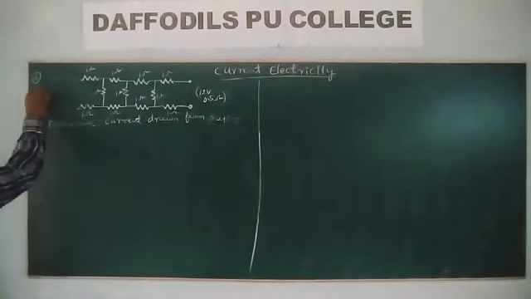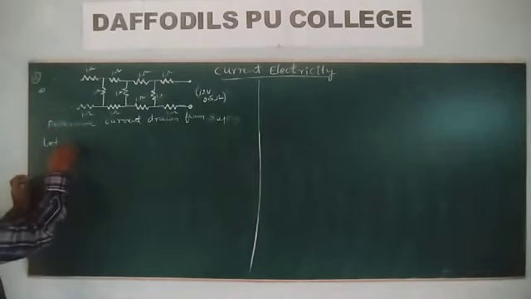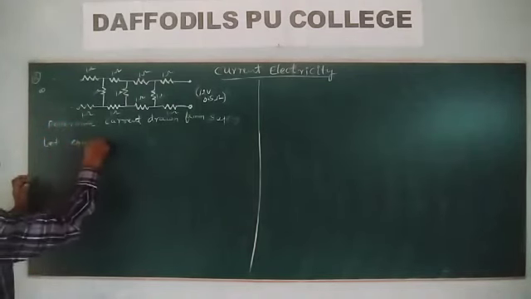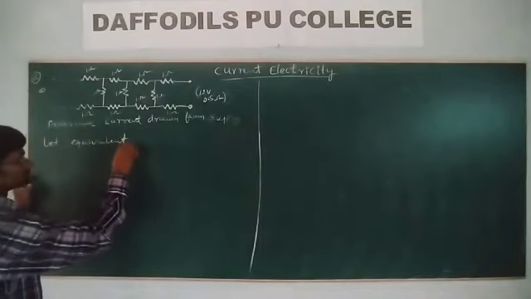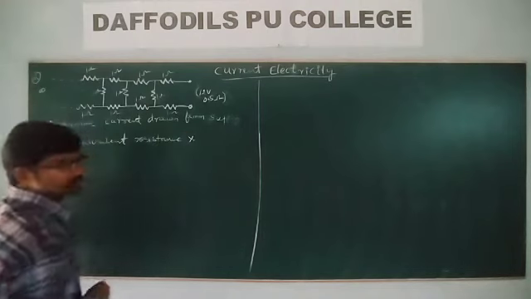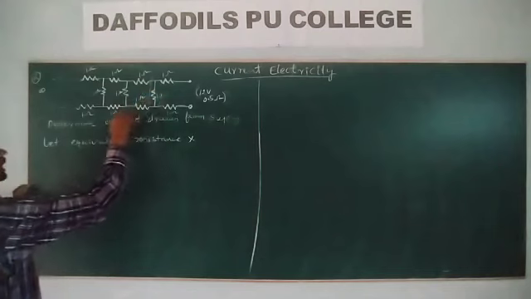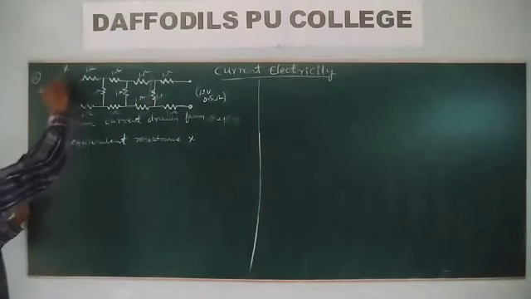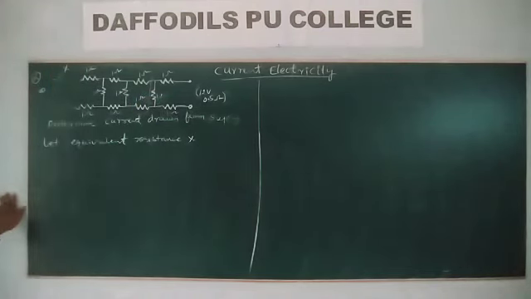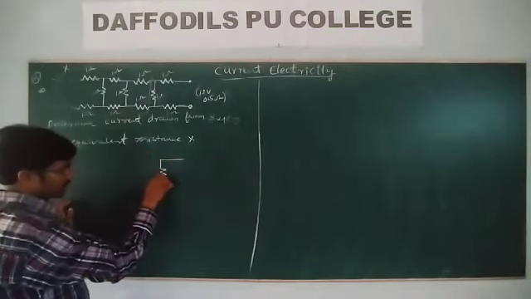Look at this one. This is an infinite network of resistance combination. And in this case, let us take the equivalent resistance as X. Let the equivalent resistance be X. Resistance of the network is X. Then what do we have? This everything is an infinite network only. And let us take this combination also as equal to the equivalent resistance of the network. Now let me draw the equivalent form here. This is what we have taken as X.